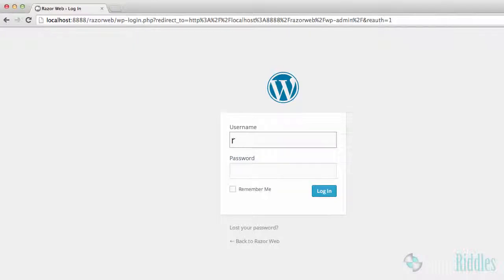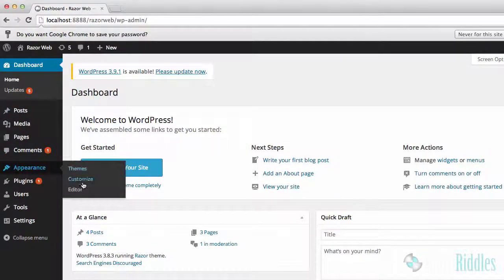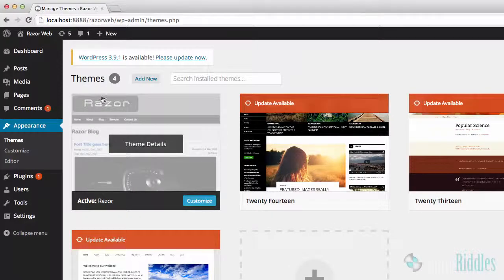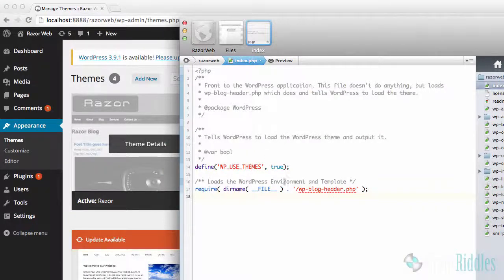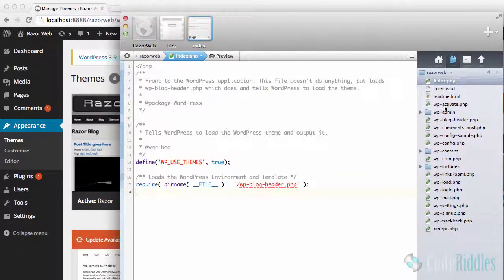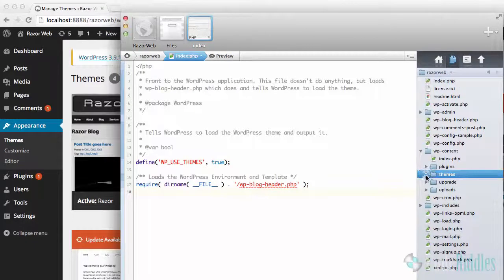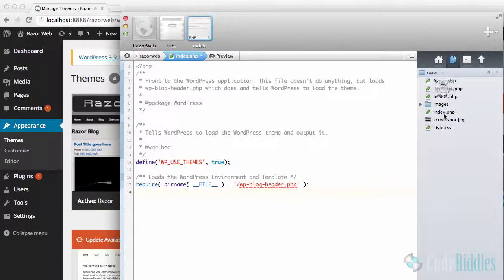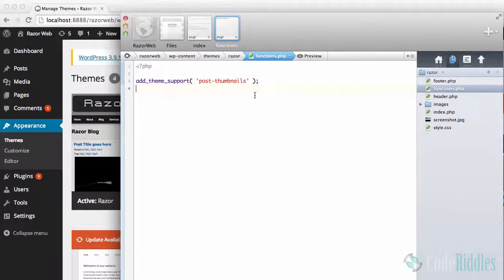Okay, so as you can see we don't have any support for our widgets, so it's not even in a list, because our theme, which is Razor, which is currently activated, doesn't have any support for widgets. Okay, so let's add support for widgets. Go into the content, theme, and open our theme, which is Razor, and go to the functions file and add a line which is